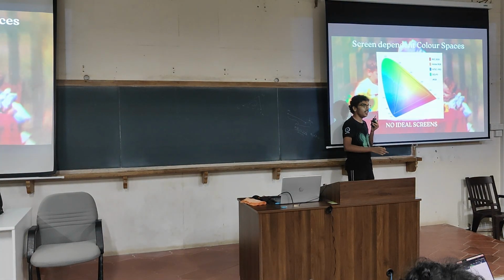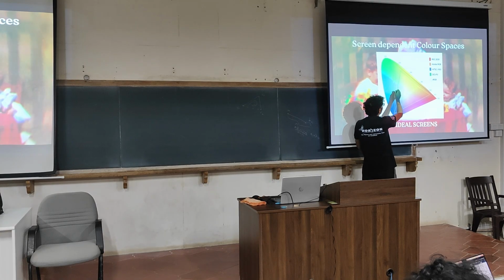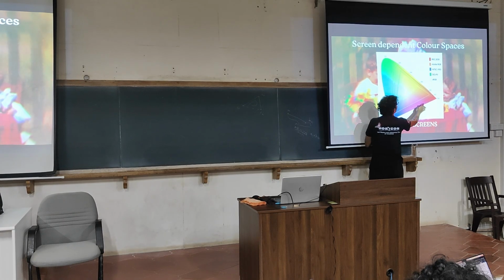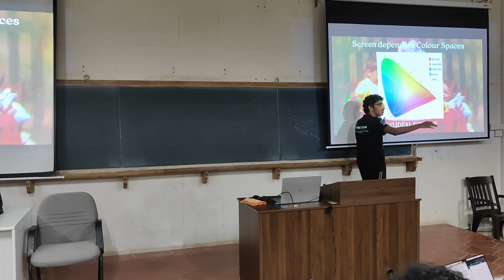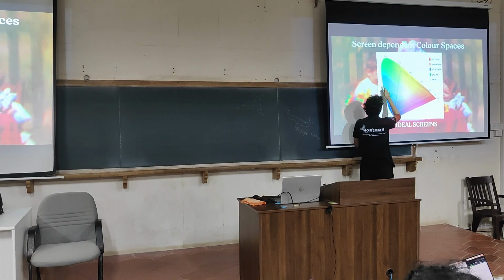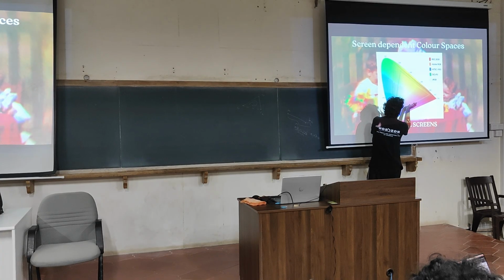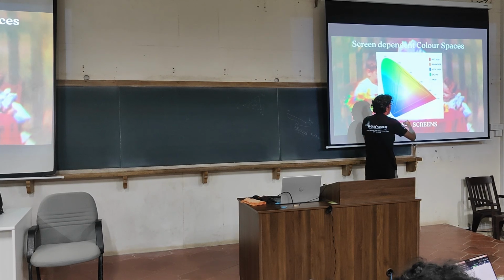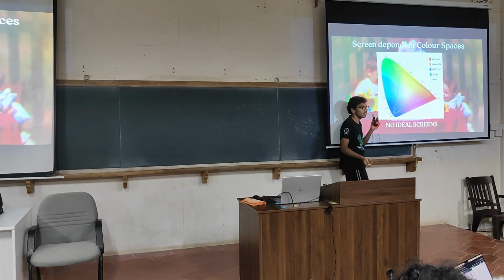Yes, it is a closer representation of the chromaticity diagram. This is not the actual chromaticity diagram. What you are seeing here should actually come here. Let us assume REC 2020 is the color system for the projector. So this color would be here and this color would be here. The projector system is just expanding its color space to cover more of the chromaticity diagram. It is impossible to see the entire chromaticity diagram on a screen.